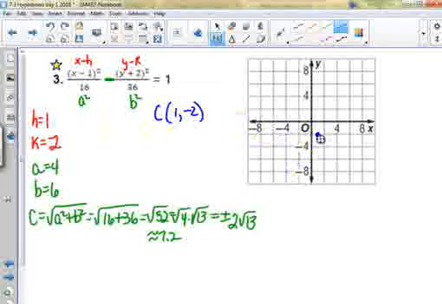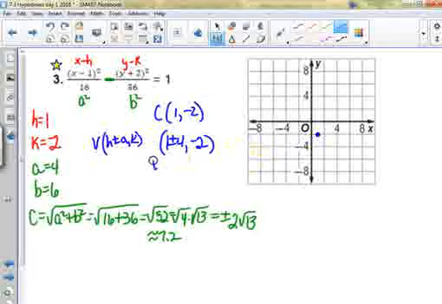Left and right 4. So 1 plus or minus 4, comma negative 2. Is that the recipe for the vertices, guys? Vertices, when it's opening sideways, it says h plus or minus a, comma k. Did we do that right? 1 plus or minus 4. Okay. So we would have for the vertices 5, negative 2, and what's the other one? Negative 3, negative 2. Went this way, 2, 4 would be 5, and this way, 2, 4 would be negative